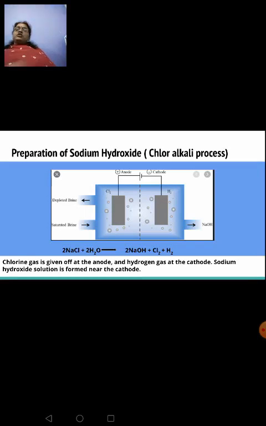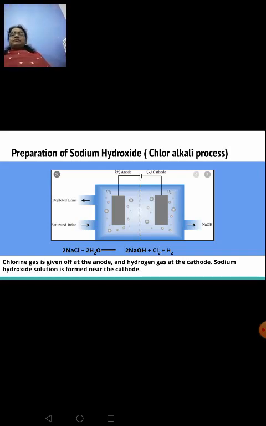By using sodium chloride. For preparing sodium hydroxide, we take a brine solution of sodium chloride, that is sodium chloride with water, and electric current is passed through it. What happens here? Electrolysis, a decomposition reaction, takes place, as a result of which the products obtained are sodium hydroxide, chlorine and hydrogen. And this chlorine gas is collected at the anode, and hydrogen is obtained at the cathode.